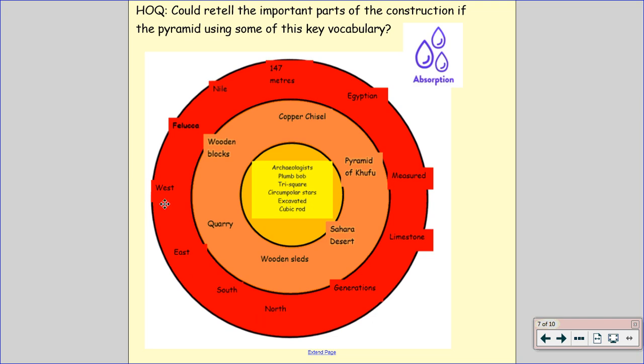So what I've done is I watched those clips as well, and I picked out the important information. And now this is known as a vocabulary bullseye grid. Bits in the red are important, but not necessarily as important as bits in the orange. And then there's the bits in the yellow as well. So as we narrow down into the yellow, the vocabulary gets more and more technical and a bit more specific. So could you use this vocabulary, and the harder the better, to describe how the pyramids were built? Maybe tell somebody at home, maybe just say it to yourself. It's absolutely fine.